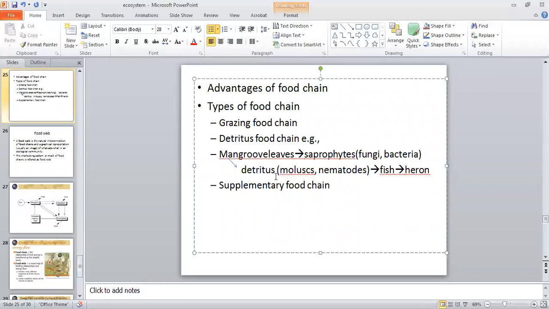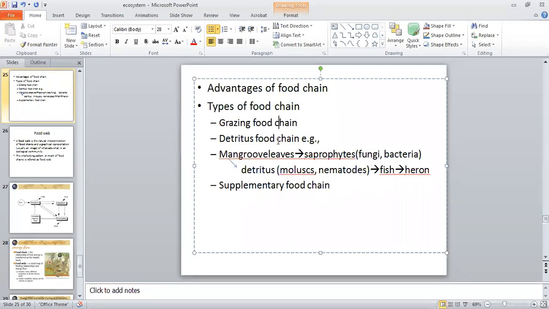Okay. So I was telling about the grazing food chain, that at the base of this grazing food chain you will be having a plant, and then some organism which will be eating that plant. So I gave you three examples in it: cattle grazing in a pasture or grassland, rabbit feeding on the grass, insect pest feeding on the crop. All these will be the examples of grazing food chain. Then these animals will be further eaten by certain carnivores.